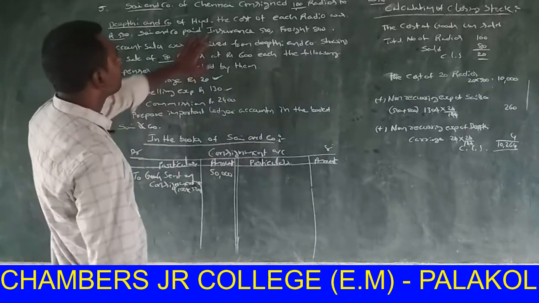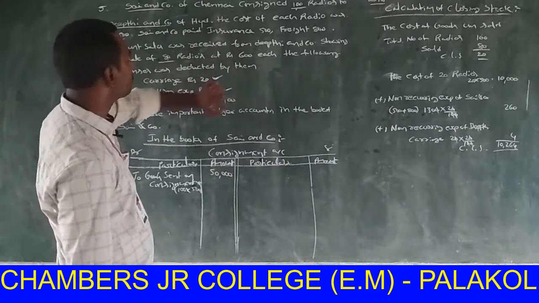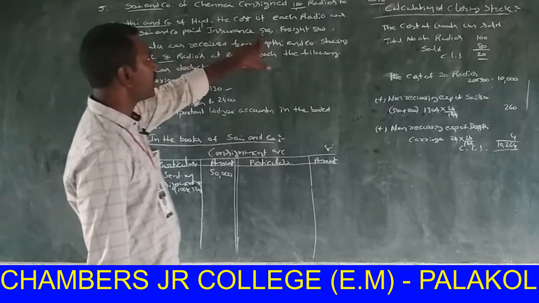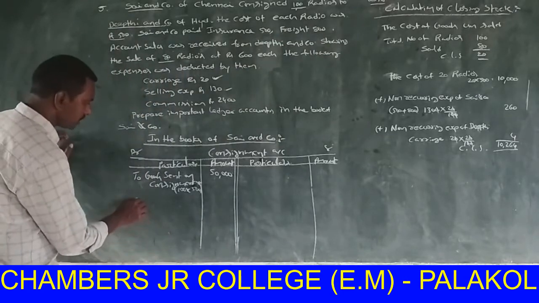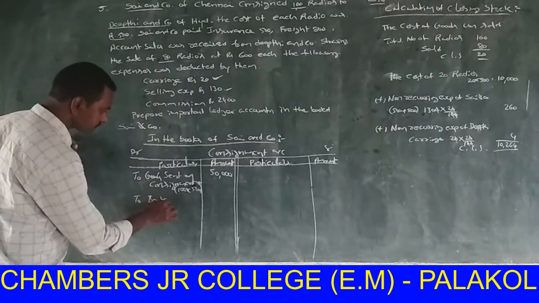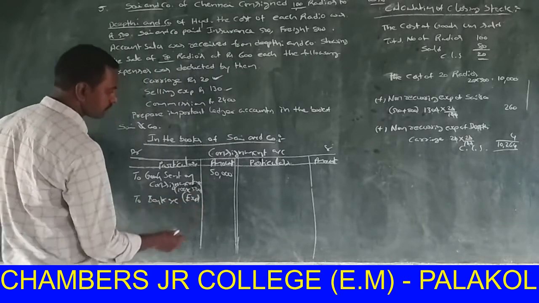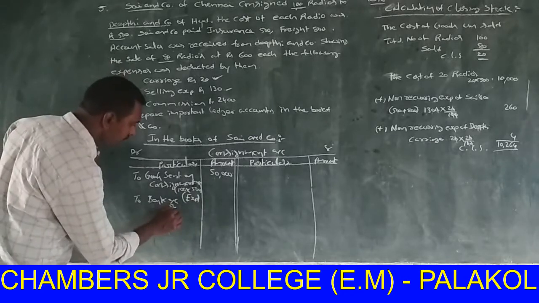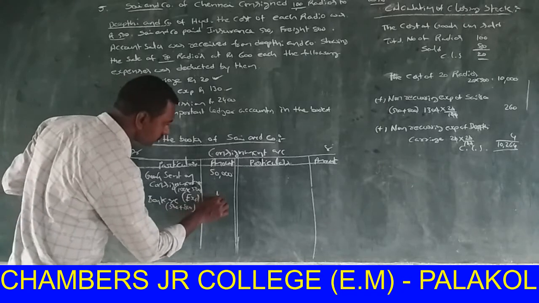Next, the cost of each radio is 500. Sai and Co. paid insurance and freight. Expenditure of consignor are 500 plus 800. That is 1,300. To bank account, expenses of consignor are 500 plus 800, that is